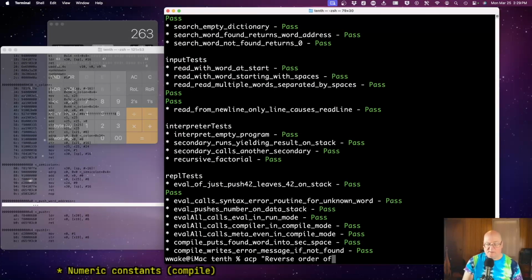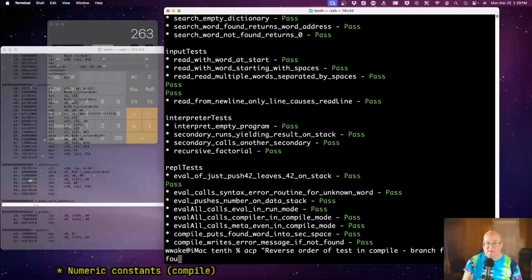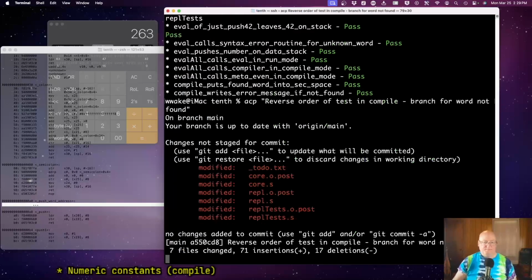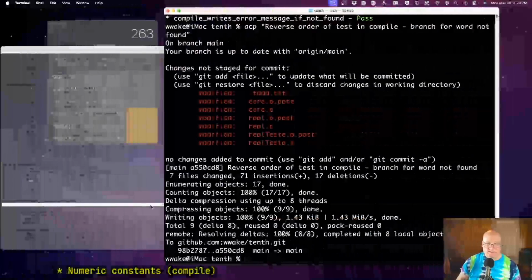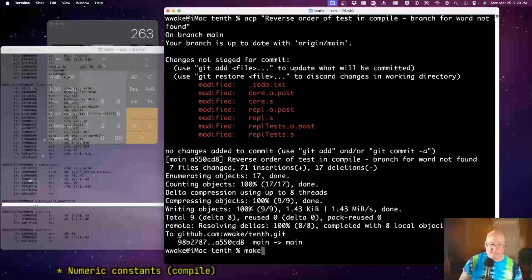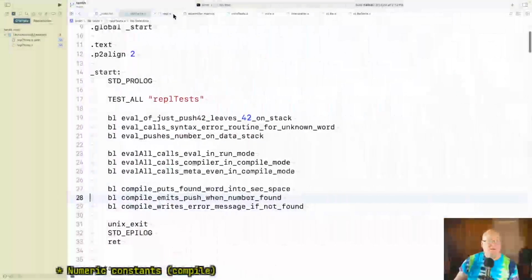Reverse order of test in compile. Branch for word not found. Okay, and then back here, and this test fails again. Good. Okay, and so in compile,